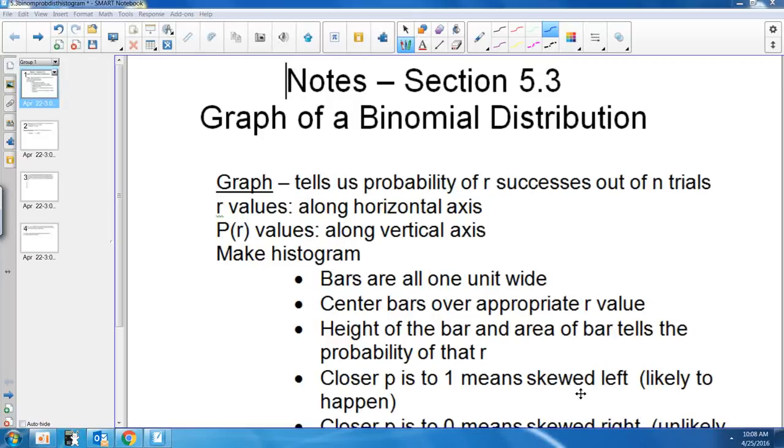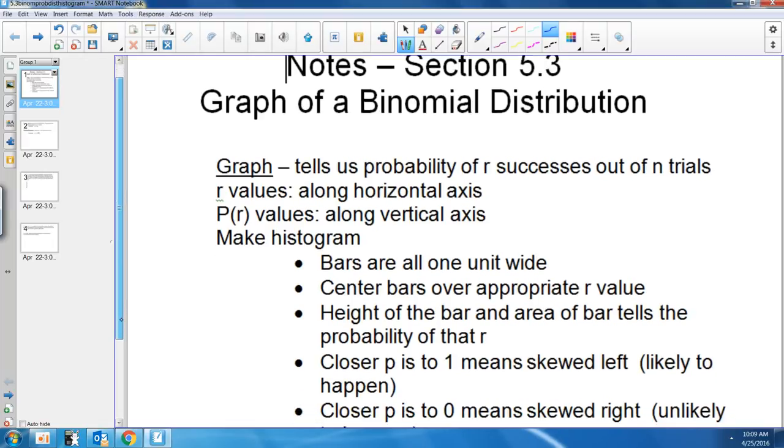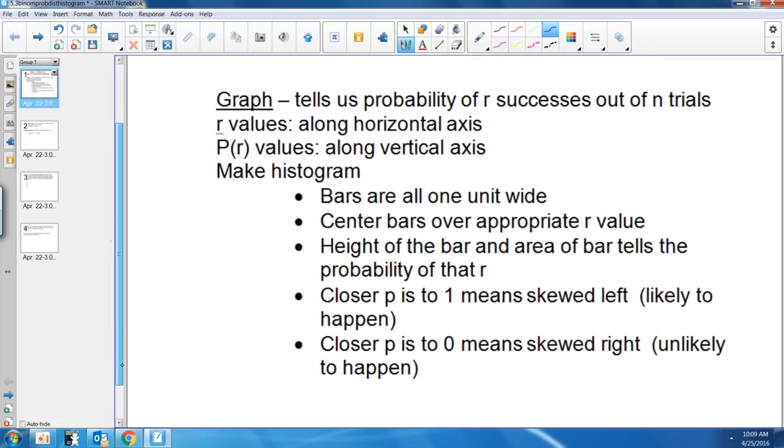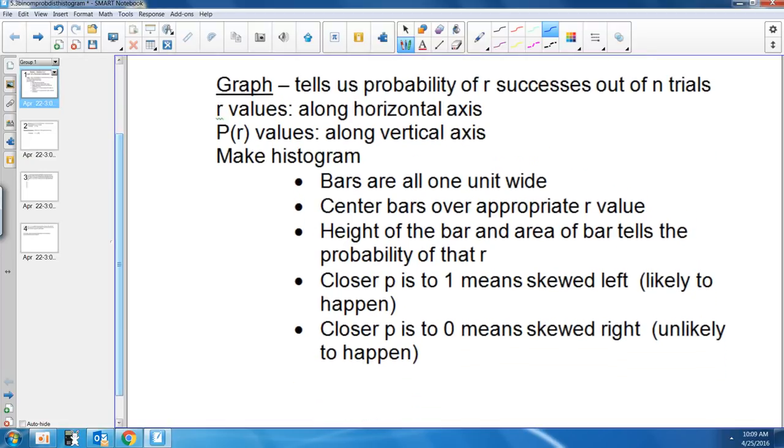We're going to be looking at additional properties of the binomial distribution, section 5.3, and we're going to remember that histograms have discrete numbers on the bottom and then probability up the vertical axis. And so when we're looking at those histograms, there are a couple of characteristics for the binomial distribution. And so in your notes, you're going to see that